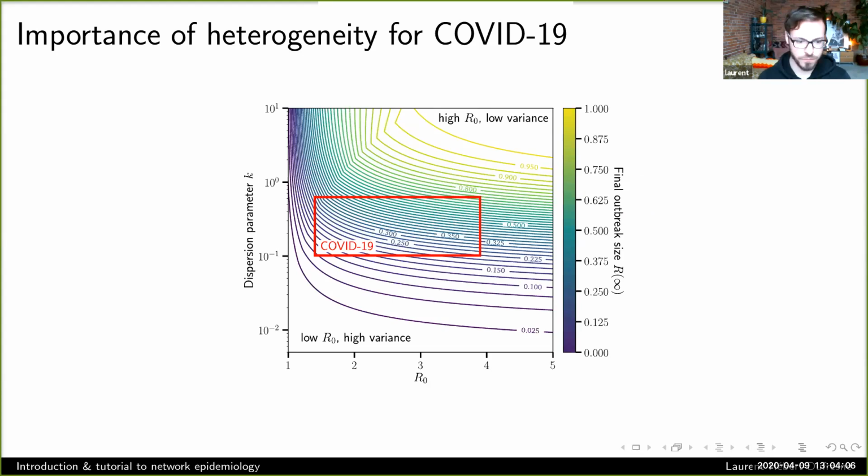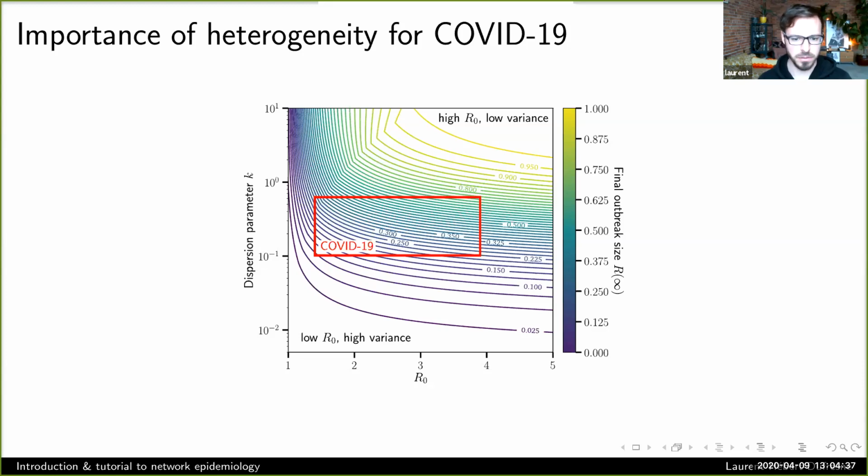These are the only fresh results I'm going to show with this approach. The idea is, what does it mean for COVID-19, right? Very early on, in late January, I think, when we started getting numbers about R naught, you probably remember people debating whether R naught was 1.5 or 2.5 or 3.5. But people were also estimating this dispersion parameter, which is a misnomer a little bit. A high dispersion parameter means low variance. So a more homogeneous degree distribution or secondary case distribution.